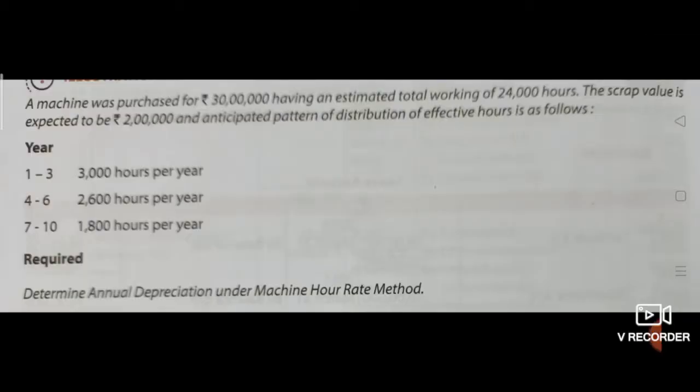See this simple example, we will calculate only depreciation here. A machine was purchased for rupees 30 lakhs having an estimated total working hours of